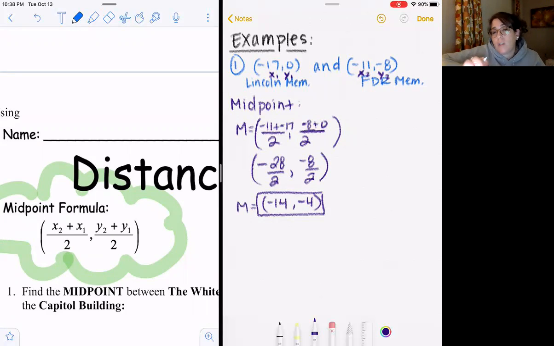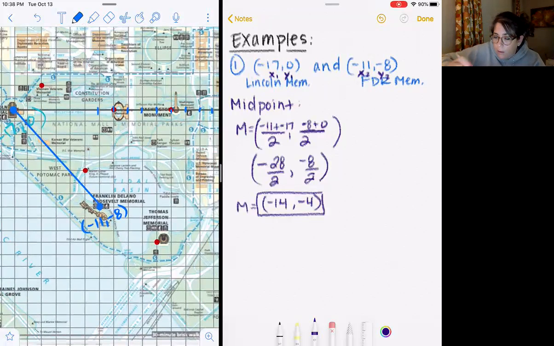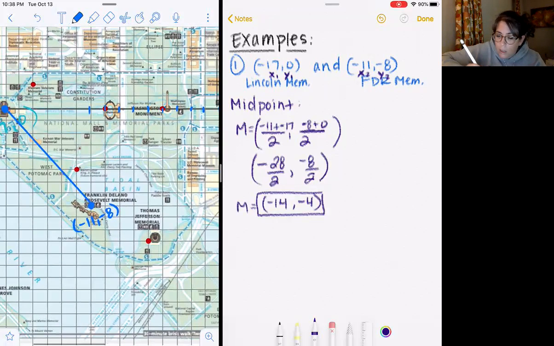Most of the time, they're going to be decimals. So it's actually pretty shocking that that came out to be a whole number. So that's pretty cool. So -14, -4, if you write that on here. So if we're at -11 was here, then 12, 13, 14, and 1, 2, 3, 4. So this is actually your midpoint. And you don't have to draw it on the graph for all of them. I'm just showing you as the example. That would be the midpoint. So if you were going to measure, that would be the halfway point.